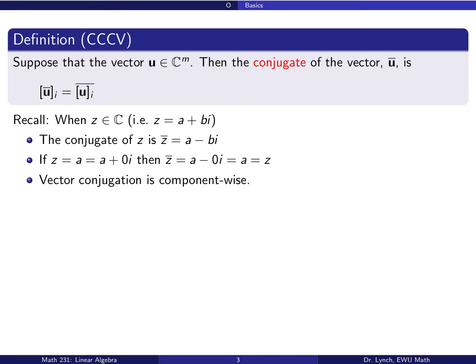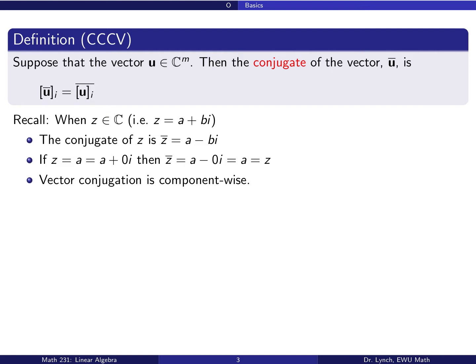Okay, a quick reminder about complex arithmetic. If we have a vector that has elements from the complex field, u is an element of C^m, we can define the conjugate of that vector, u bar. The conjugate of the vector is the vector in which each element is the conjugate of that element. Okay, so it's just a quick reminder on how to conjugate